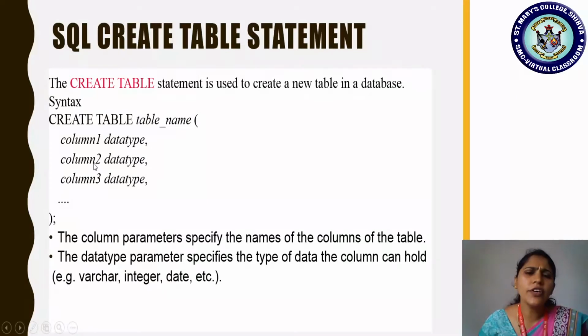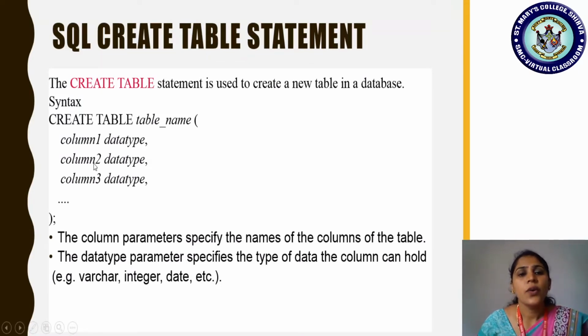Whatever table you are creating, the table name could be simply student, or if it is a St. Mary's College student database you are creating, you can write it like this: CREATE TABLE student_SMC. Underscore can also be used in the table name. There should be no space in between whenever you are adding a new name for a table. You can use a special character; underscore can be used.